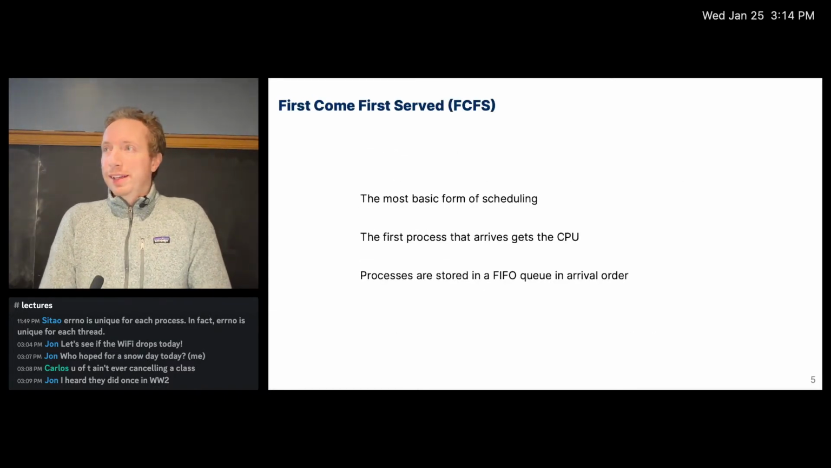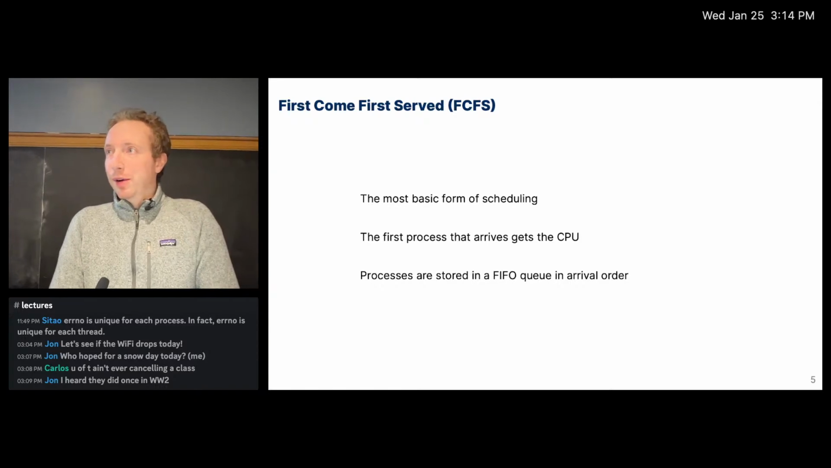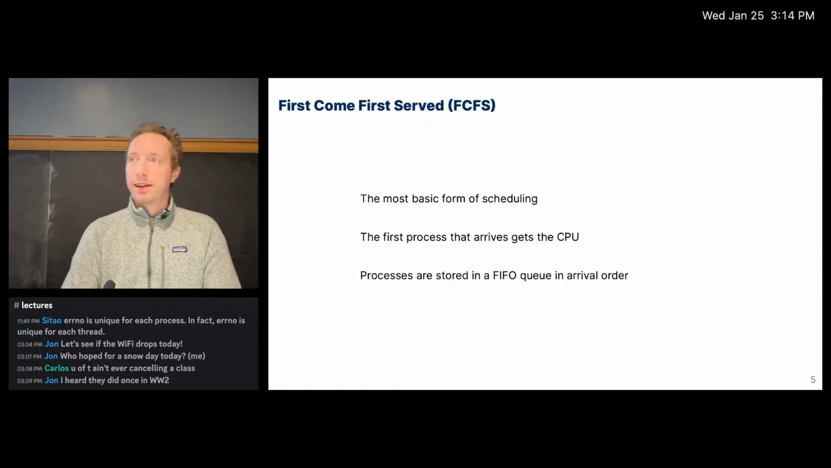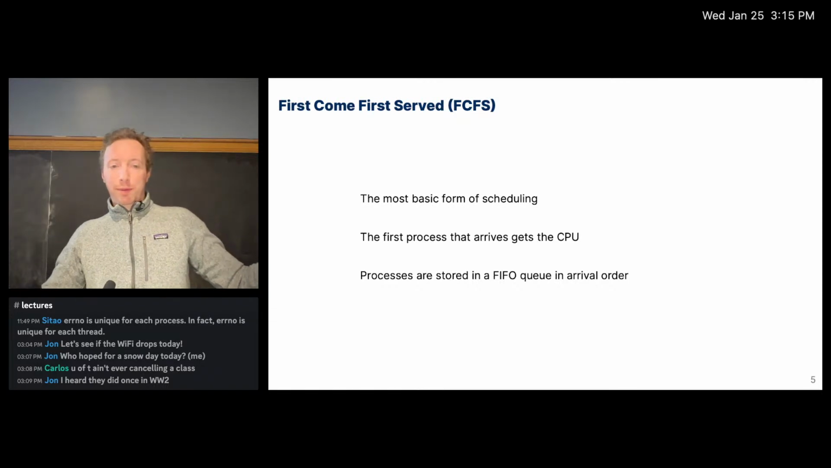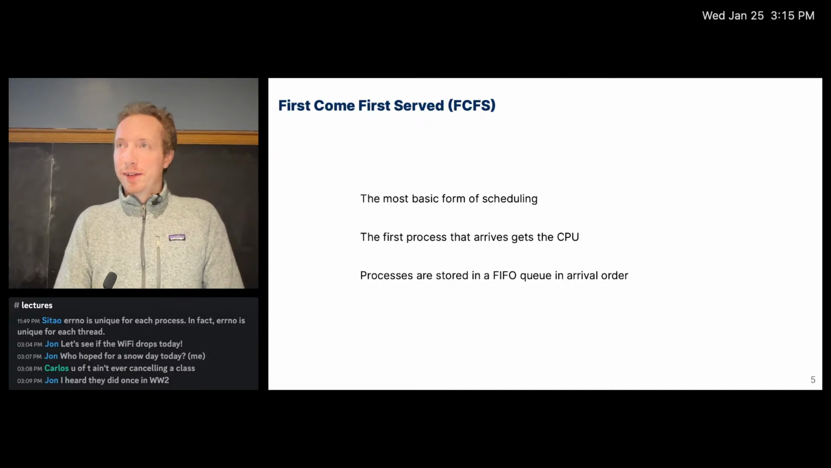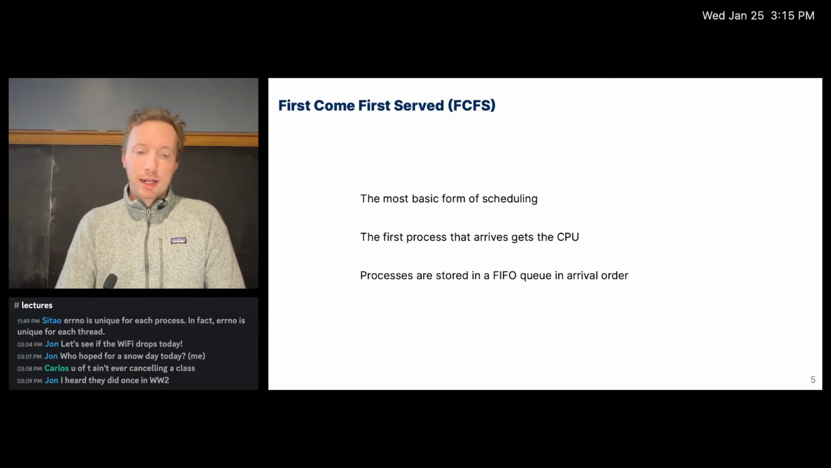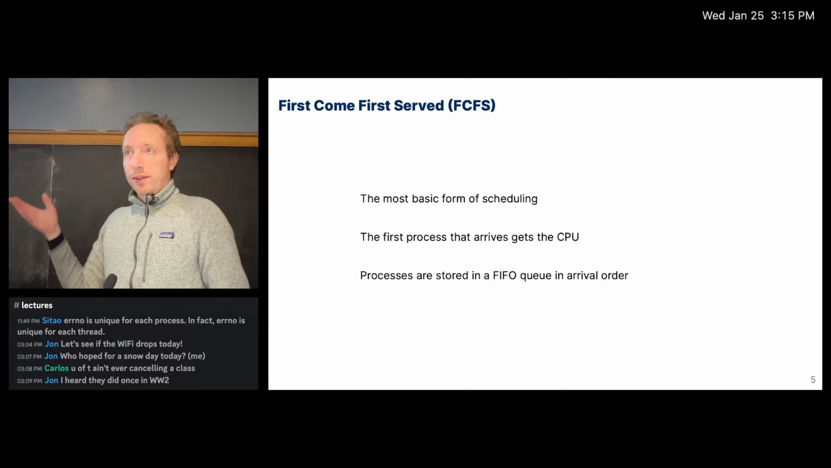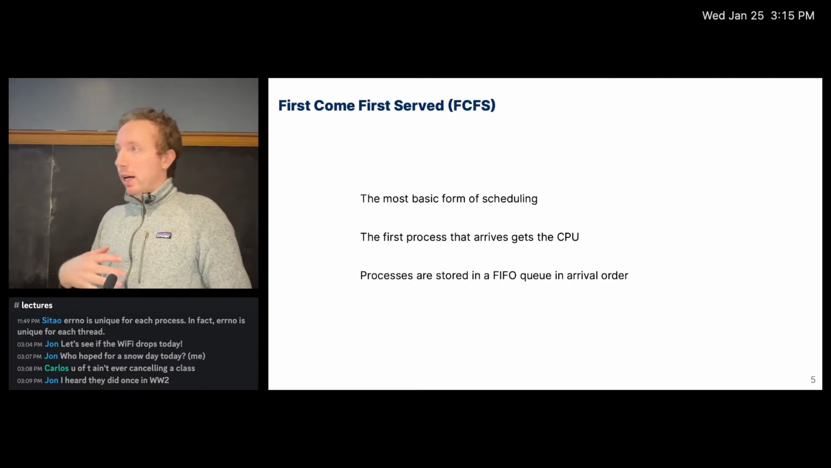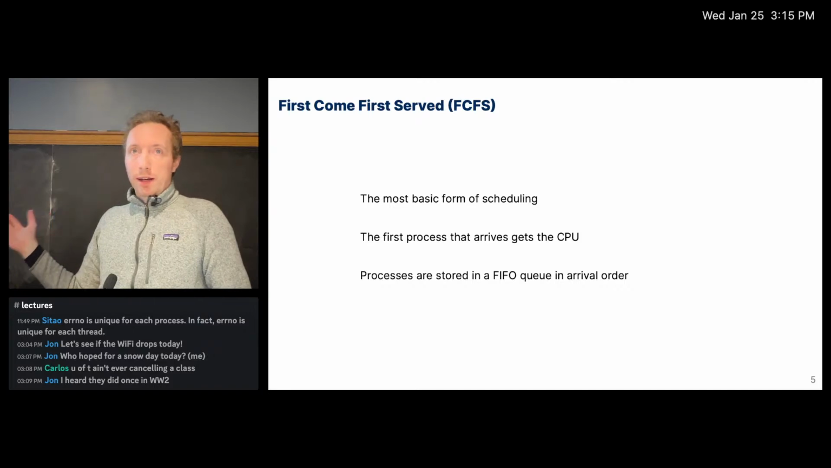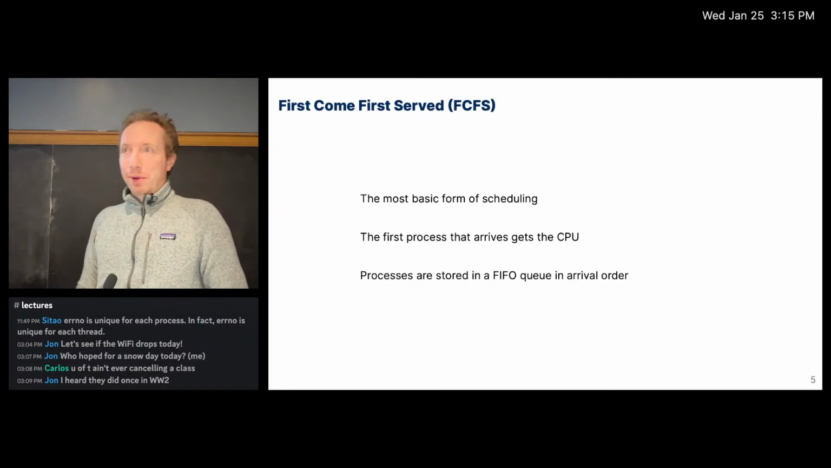So first one is the most obvious scheduling strategy, and this is what happens if you go to McDonald's or something like that. It's just first come, first serve. And this is actually a valid algorithm. So it's the most basic form of scheduling. First process that comes in, you just form a line essentially and say you get the CPU, and then you store the processes in that line in FIFO order, so that's first in, first out, and whatever order they arrive in is the order they execute in, which isn't